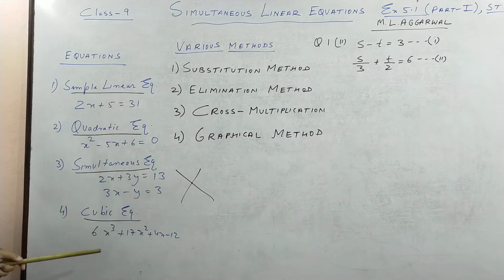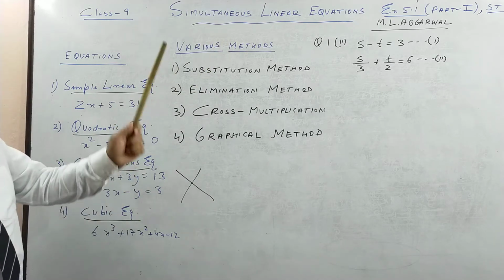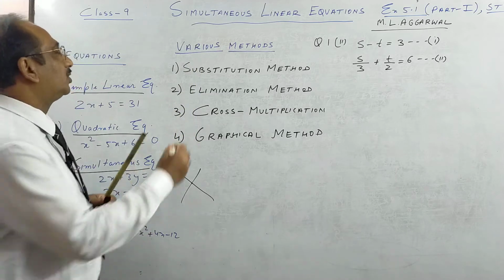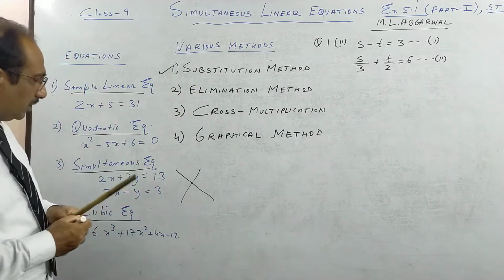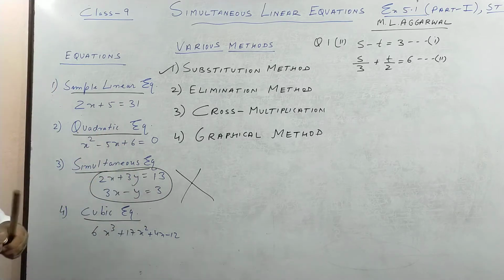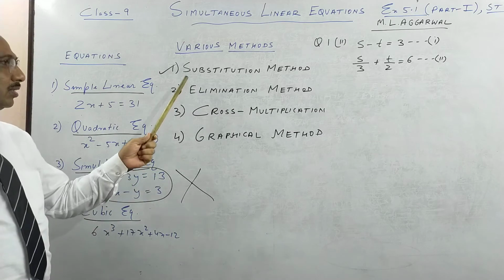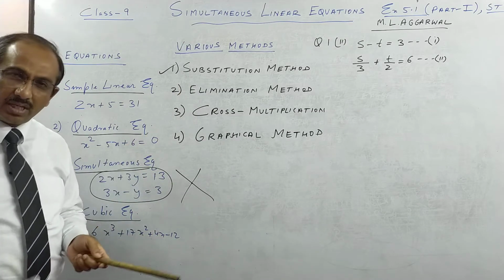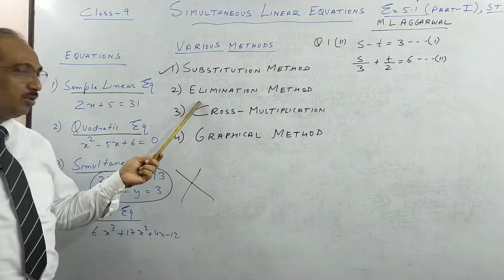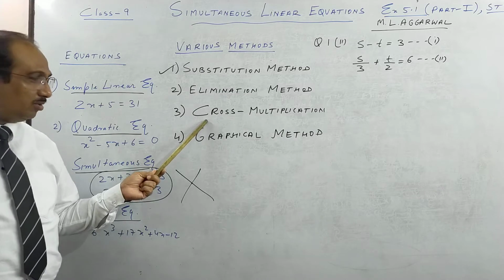So with this basic idea, our main focus is on simultaneous linear equation in exercise 5.1. We will deal with the substitution method. Now how many ways are there to solve this? In general, at this level for ICSE you have 3-4 methods we have to do. Substitution method, which I am going to start right now after the introduction. Elimination method, which I'll do in my next video. Cross multiplication, another video you will have.